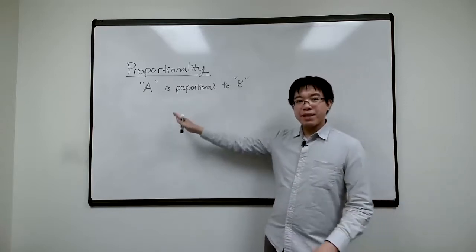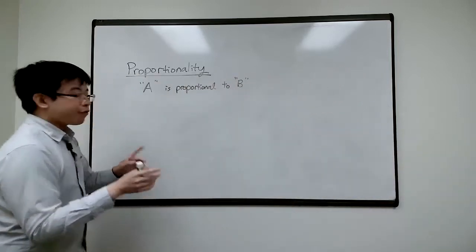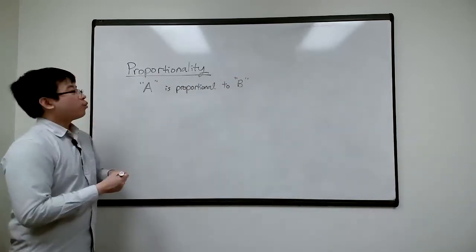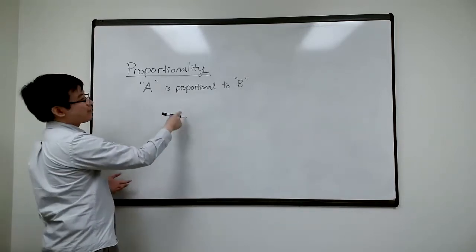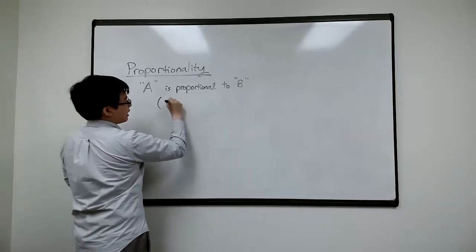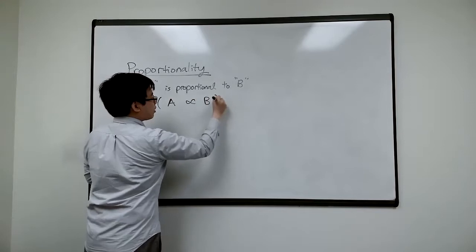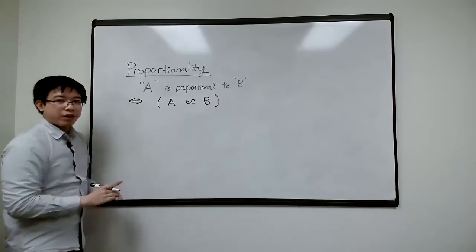When we say something is proportional to something, if I say A is proportional to B, what does that mean? First of all, because we're lazy, we want to use shorthands, right? So mathematicians are lazy. That's a long word. You feel free to write that, but a lot of times you'll see us write this symbol, right? So that means A is proportional to B. It's the same thing. Okay.